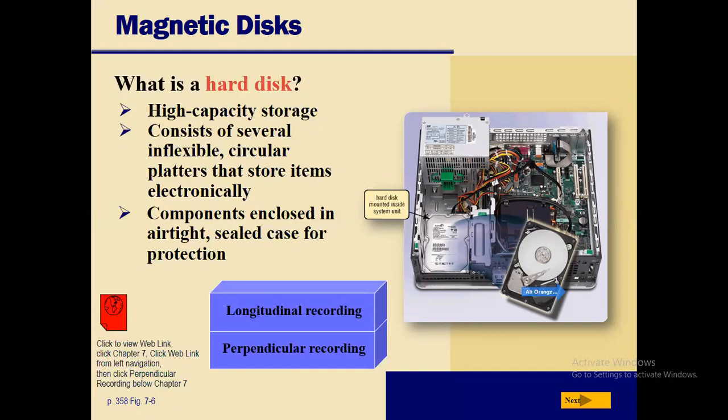As you look at the hard drive, there are a number of platters, and the data is recorded on both surfaces of the platters. It depends upon the hard disk. There might be two or more than two platters, or five or seven platters are used.